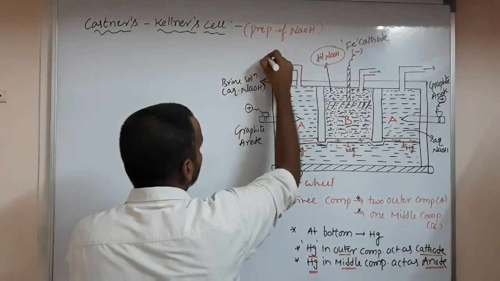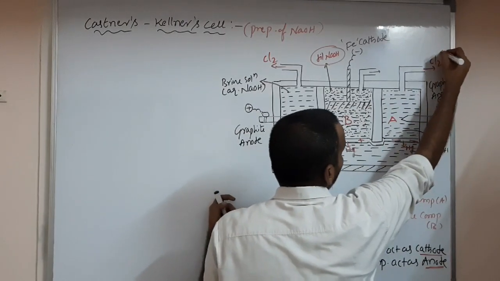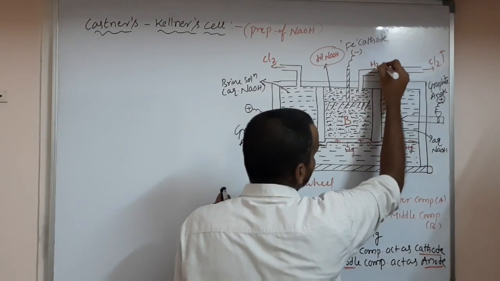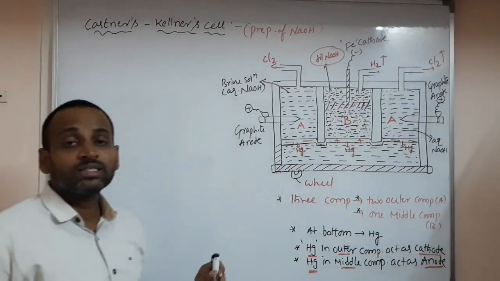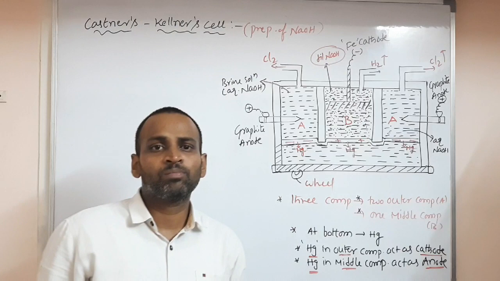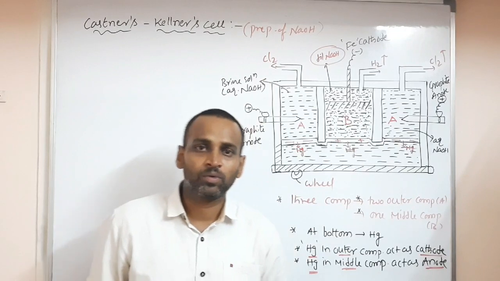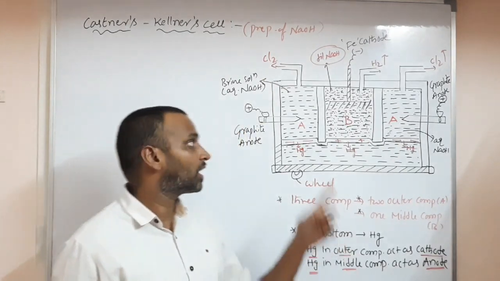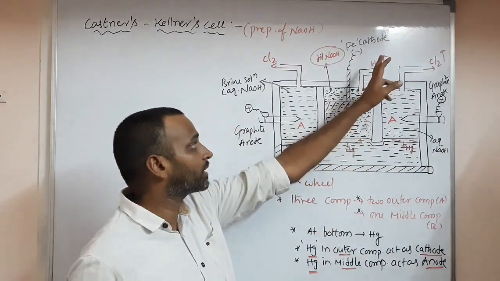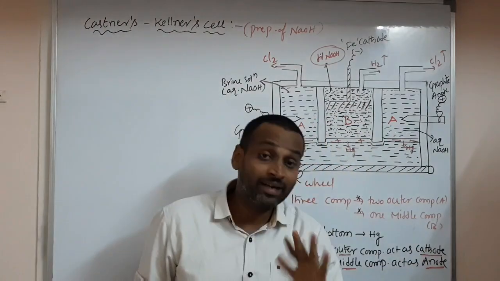So in the outer compartment what gas will come? I will show you here only now. Cl2 gas. That means here also what gas will come? Chlorine gas will come out. And here in the middle compartment what gas will evolve? H2 gas will evolve from the middle compartment. These are also very, very important questions. Okay. So in the outer compartments in the Castner-Kellner process, what gas will liberate? They'll ask you, Cl2. In the middle compartment of Castner-Kellner, what gas will liberate? H2. How? I will show you by using the cathode reaction and anode reaction.